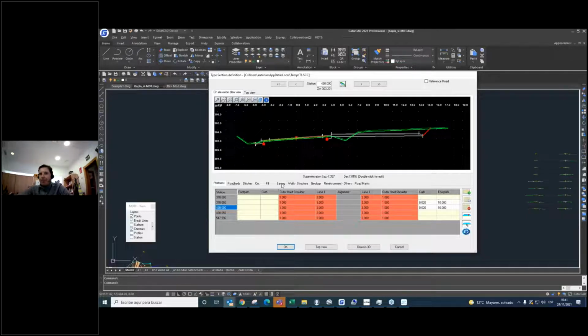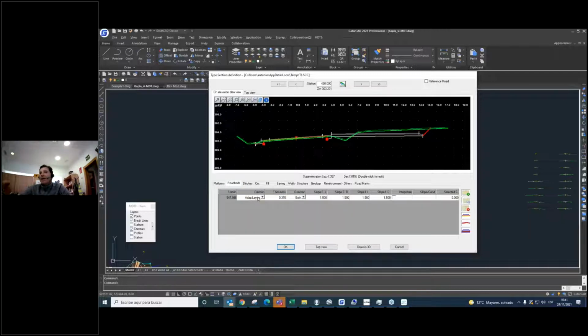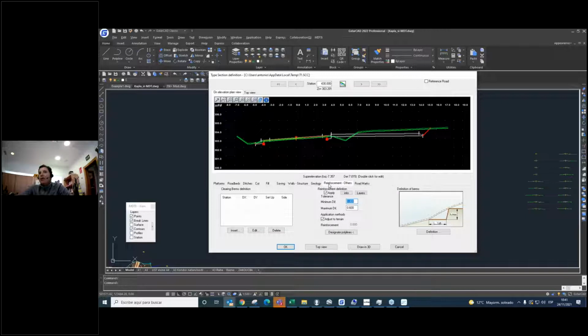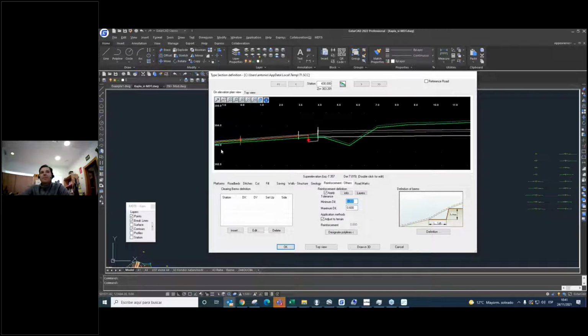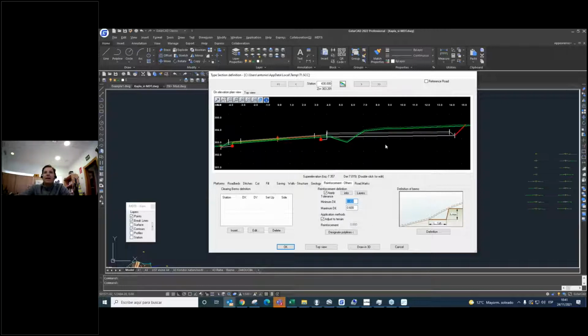okay, like a big footpath. For example, we need to mark here the road beds or the layers that we are going to use in our road. So, like I said before, I'm going to use a reinforcement. I define the line to define our reinforcement.